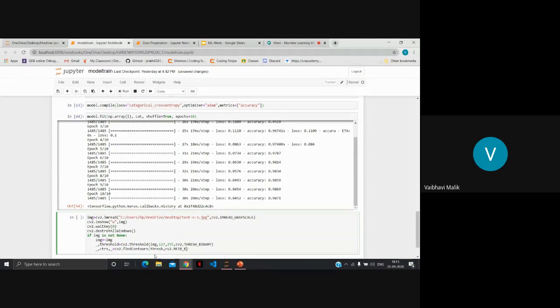Use the return external command we used yesterday. Okay, so till here we are done. The next step is to sort the rectangles that we got from the contours. Same steps that we did yesterday. So we will use sorted and sort all the rectangles that we got.